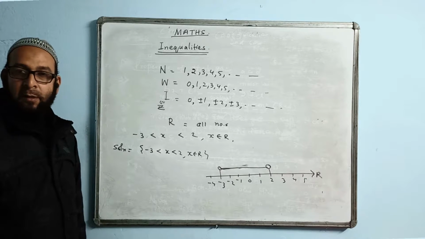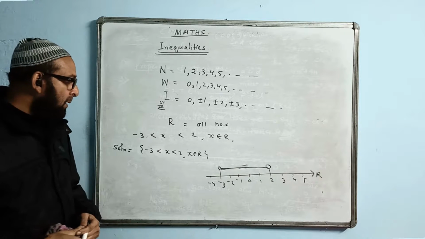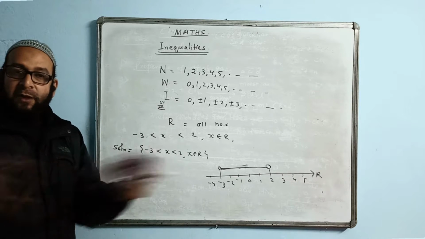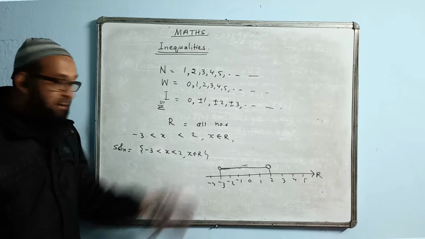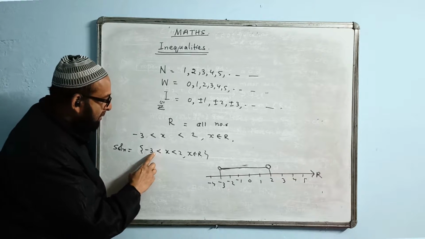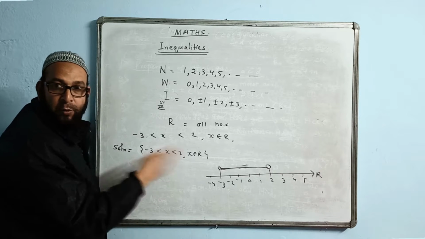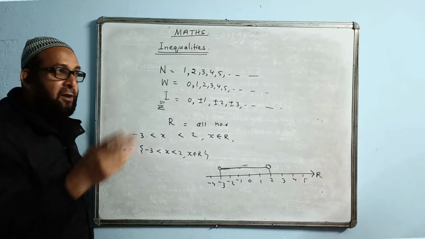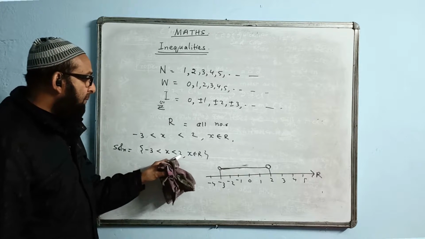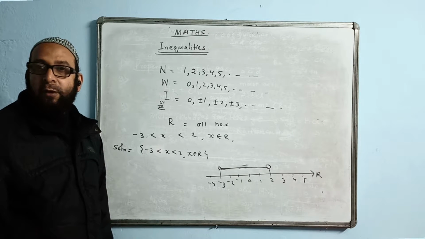This is the answer. Do you know why I am doing so? There is a reason behind it. Because this time the answer between -3 and 2 will be infinite numbers. Infinite numbers will come in between, because x belongs to R. R is all types of real numbers. That means your answer may come here: -2.99, -2.98, -2.7, 2.8, 2.893, anything can come there. Even less than 2 can be anything, it can be 1.99, it can be 1.34.